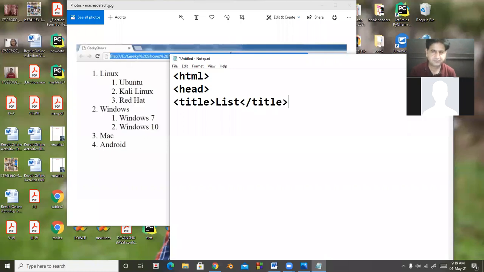Title closed, head closed. Now we will start with one tag, that is the body tag. This is a part of the structure.